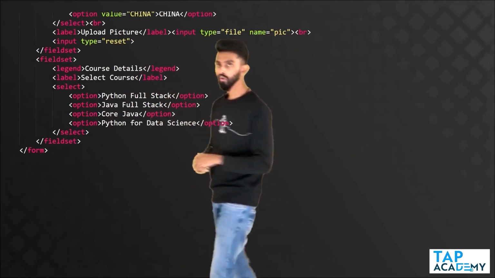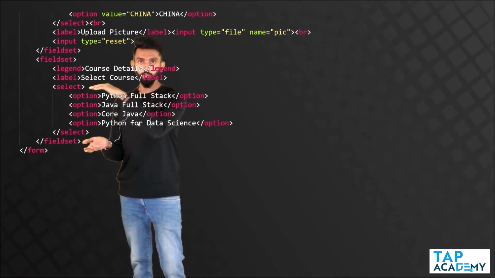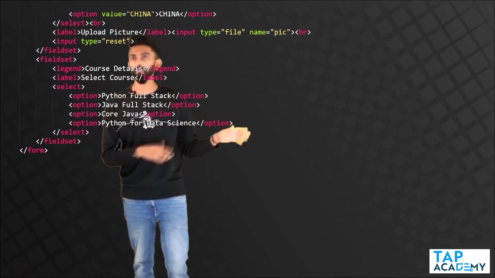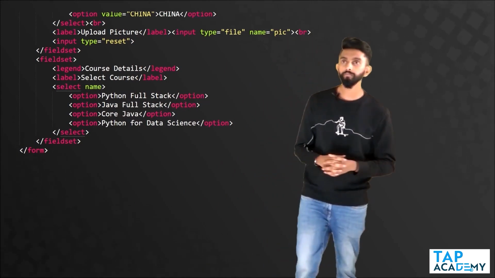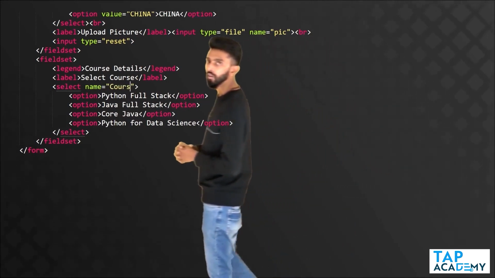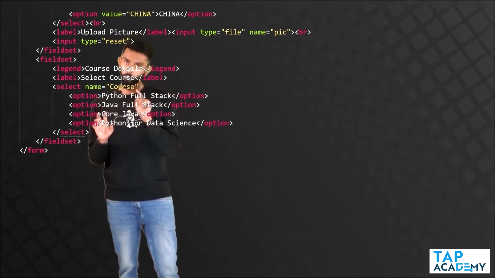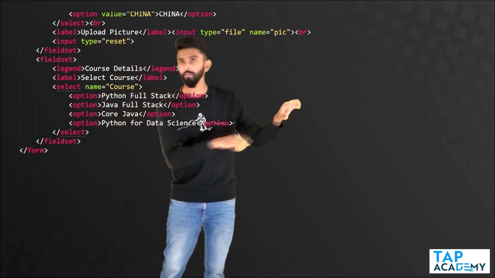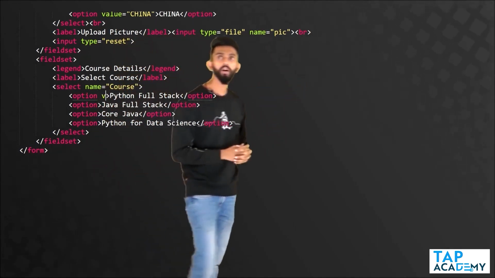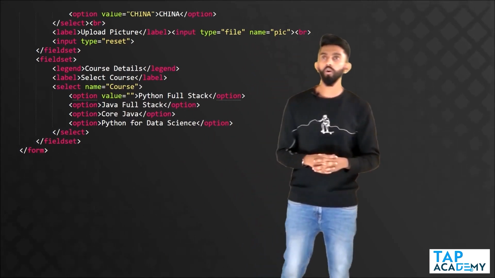Previous also you understood that every input should have a name. Otherwise, server will get confused. So I'll go to select. Inside that, I'll give the name as course. After which, now one of these only you will select. When you select, what should the value be sent? That is important. So I'll go inside the first option, and there I will tell value is going to be